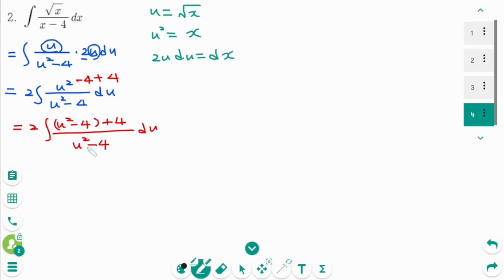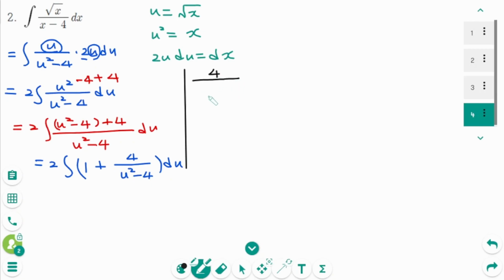Then divide into two parts. 2 times the integral of the first one is 1, then the second one is 4 over u squared minus 4 du. Now convert the fraction 4 over u squared minus 4 to the form of partial fraction decomposition. 4 over, we can factor, u minus 2, u plus 2 equals a over u minus 2 plus b over